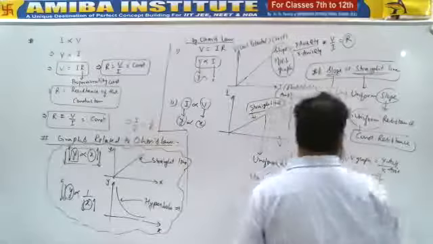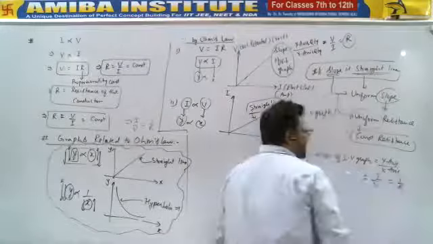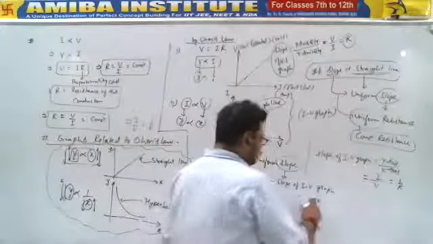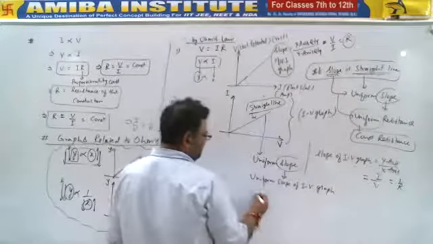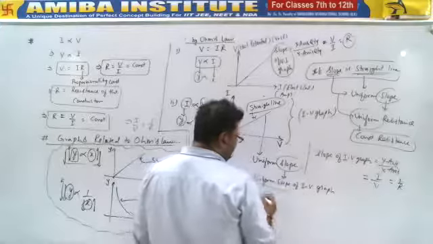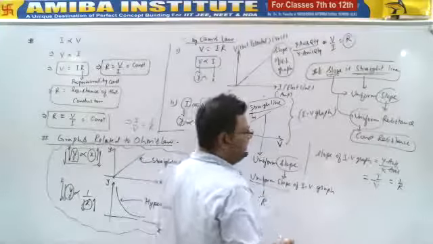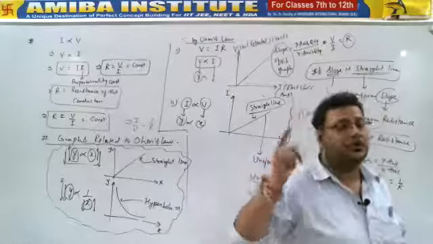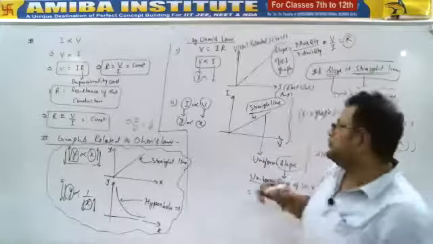It means it will be representing 1 upon R instead of R. So I can write, slope of IV graph means 1 upon R, 1 upon resistance or the reciprocal of the resistance. If you have been asked